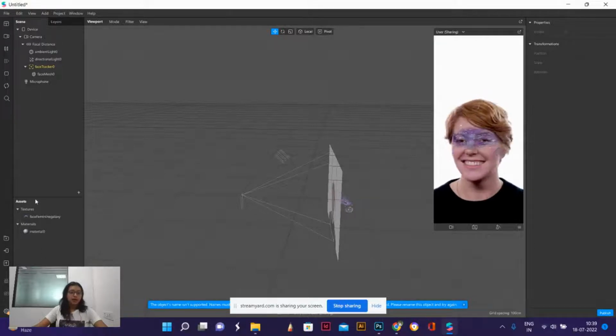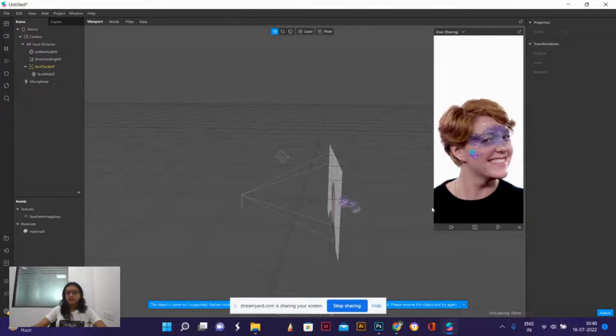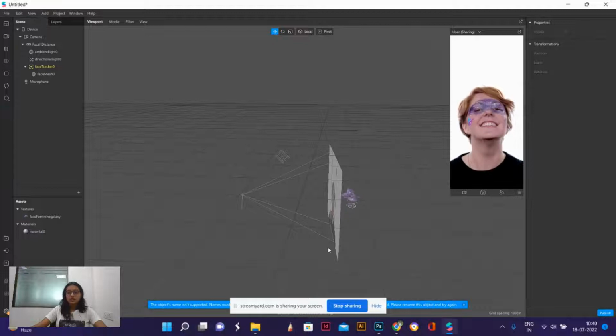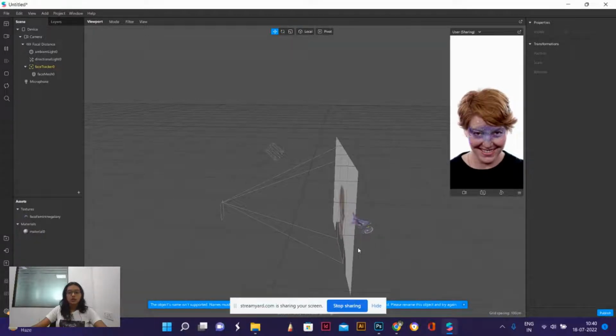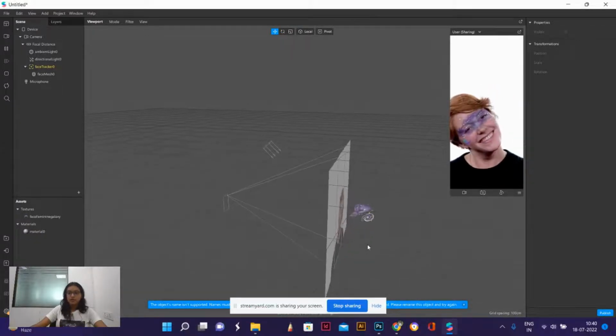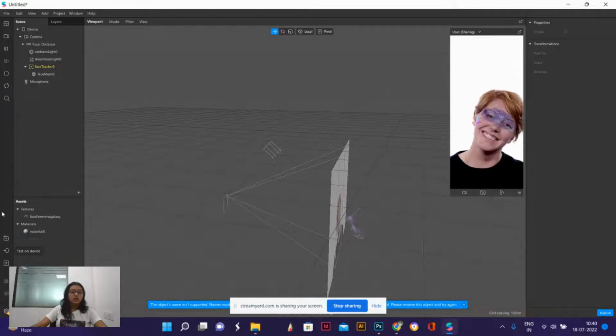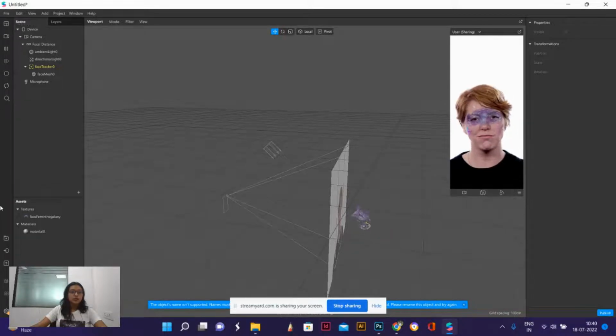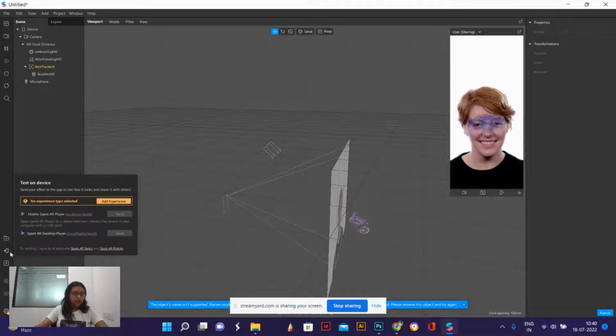So we have our assets, our scene and everything ready. Now what we need to do is we want to try it on our mobile phones, obviously. So as I said, this is what we call the menu and the toolbar, and there is an option called test on device, this little small icon. And what you can do is you just click on here, and this pop-up appears, and you need to first